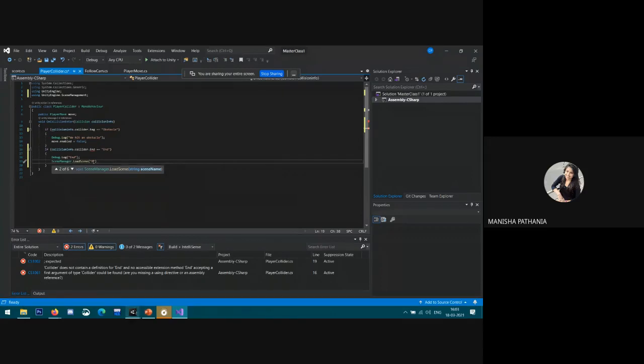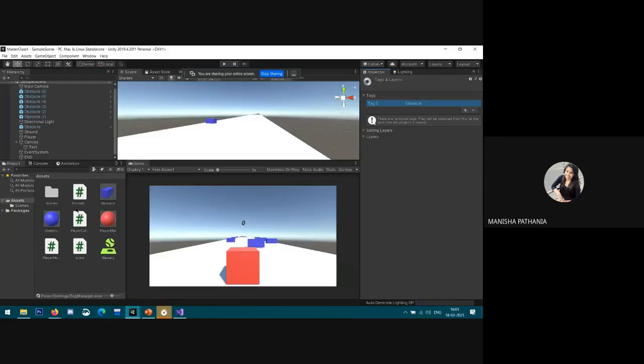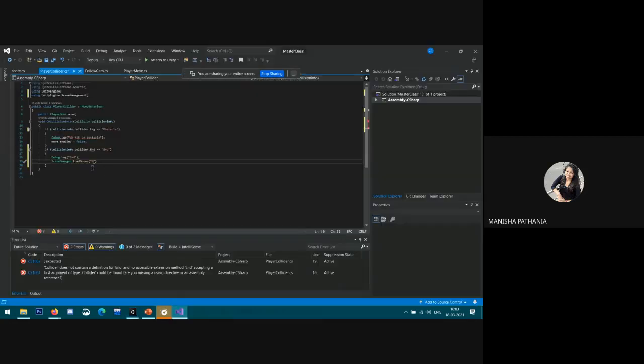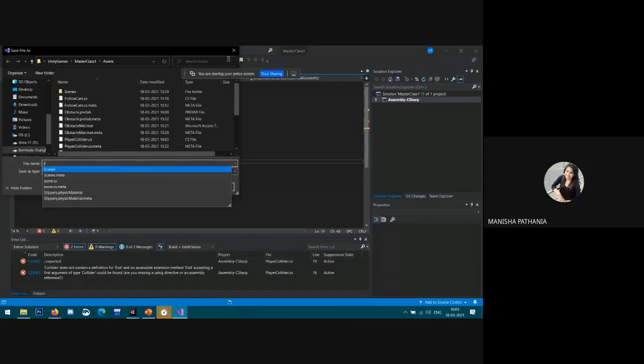Wait, I need to check my scene name. Its name is SampleScene right now, so copy this name and paste it here. So it will automatically load the scene.